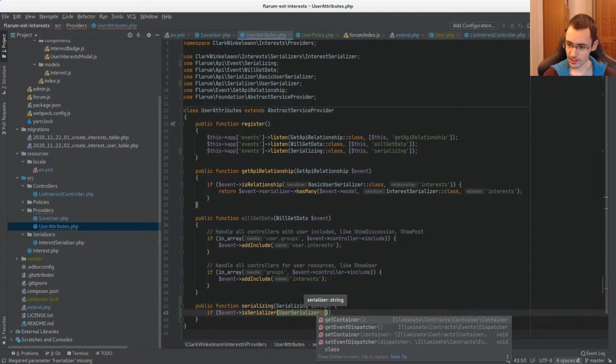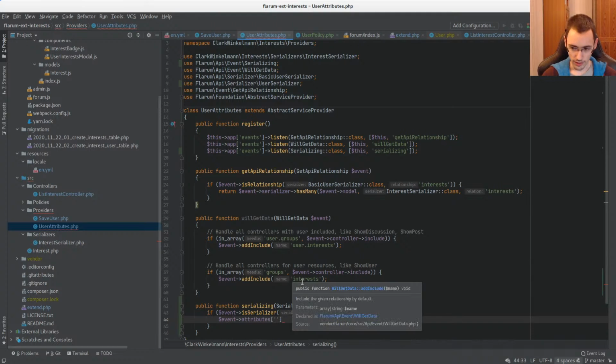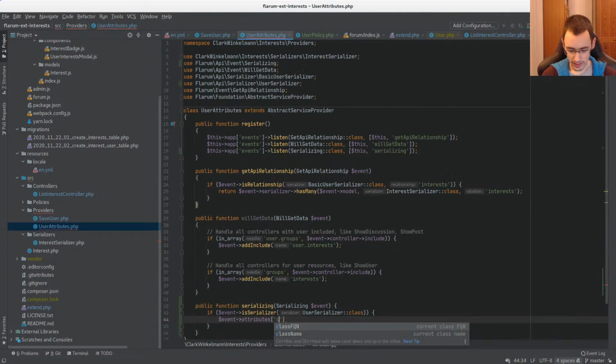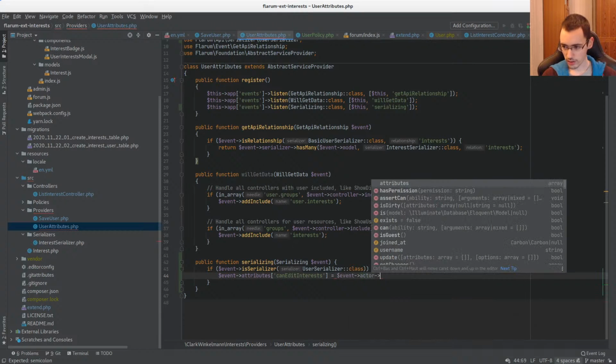I think it's enough. So if this is the user serializer, then in the event attributes we want to add a new property. That property will be called can edit interests. I'm choosing the name, I can put anything, and the value will be event actor, and here